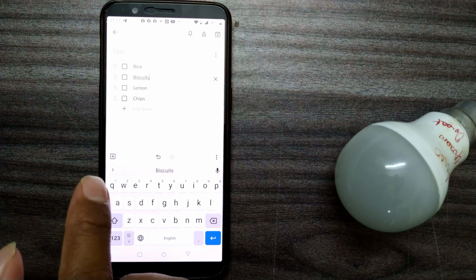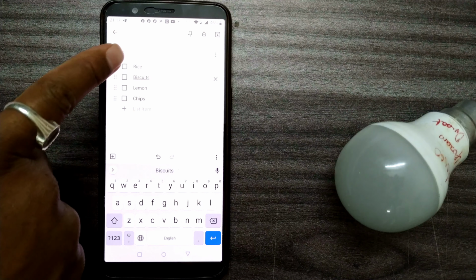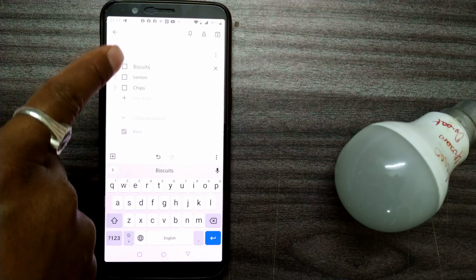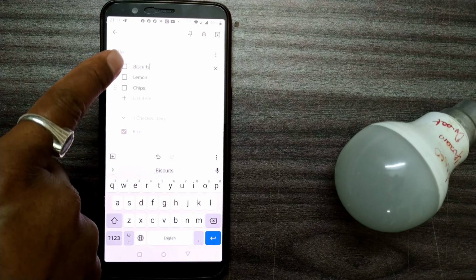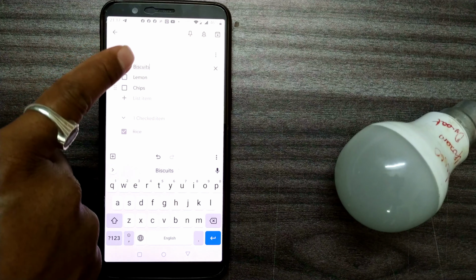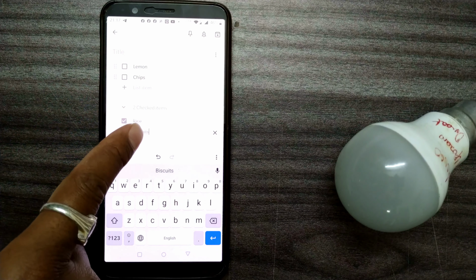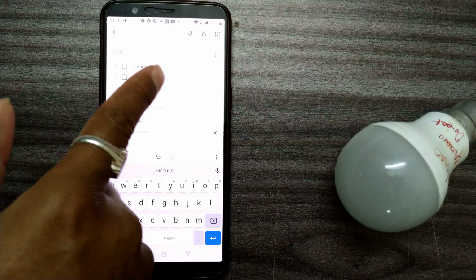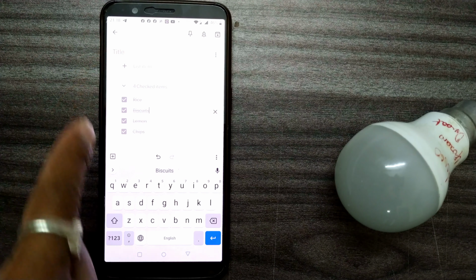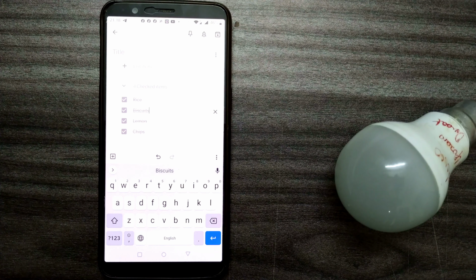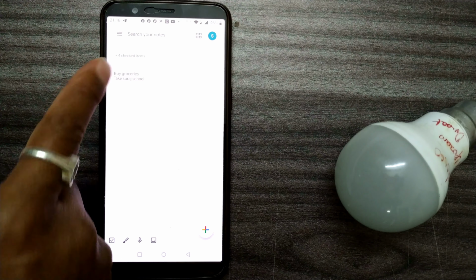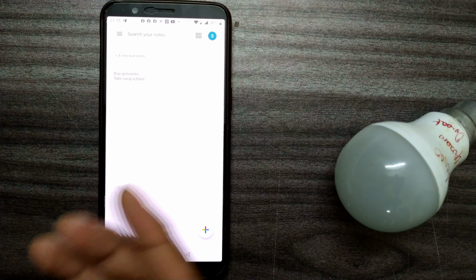So this is how in this list mode, all these things can be written. And when I buy all these items, I can just check it off. Once I check it off, it goes down, like this action has been taken for this item. I purchase biscuit. Once I pick up biscuit in the store, I'll check this off. When I go on checking off, it comes down and gives me a clear picture of what things are yet to be done. So I'll go on checking it. Once I do that, all the things are done. So this list mode is very interesting and important as well. Again, it also gets stored in your home page.